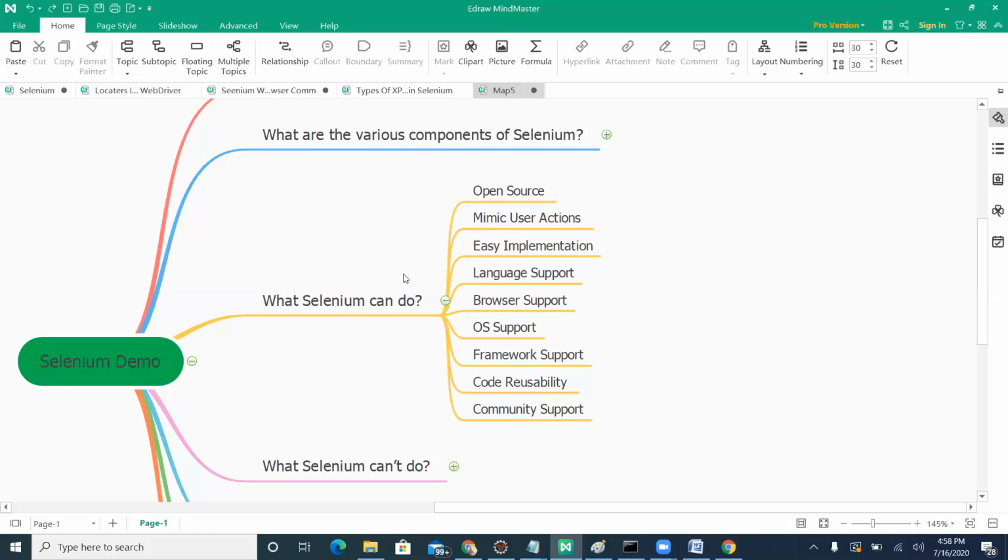So what about the framework? We have seen UFT is a keyword driven framework, or keyword driven tool. In Selenium, there is no specific framework, and however you want to customize or design it, you can design it yourself.